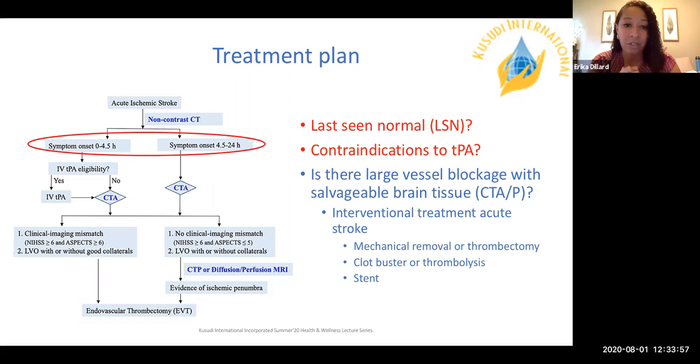Again, this is done by your neurosurgeon, your interventional radiologist, or your interventional neurologist, but it's a procedure in which you're able to remove the clot directly from that artery and restore blood flow through the artery. That will help decrease the amount of brain tissue that is affected from the stroke. Sometimes you may have to get further clot buster, but this clot buster, instead of going through an IV in your arm, will be delivered directly into the area where the clot is. So this is another way that your surgeons or your interventionalists are able to treat a stroke.